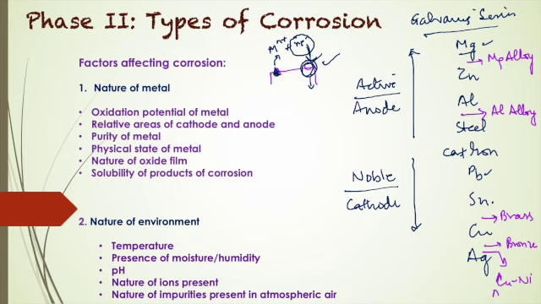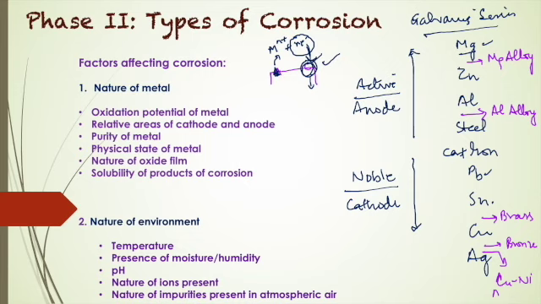Actually the hydrogen ion concentration of the medium is one of the important factors that can affect the rate of corrosion. Why? Because an acidic medium promotes corrosion. In other words, if pH keeps decreasing, if we have a lower value of pH, then what will happen? The medium becomes acidic, and the acidic media are generally more corrosive in nature as compared to the alkaline and